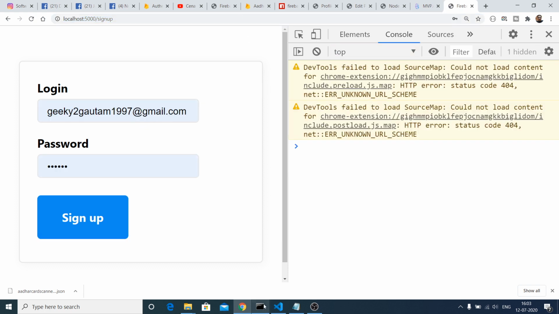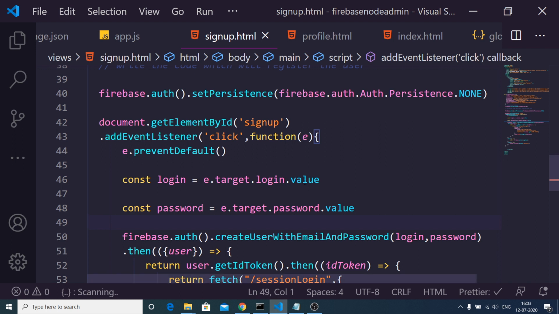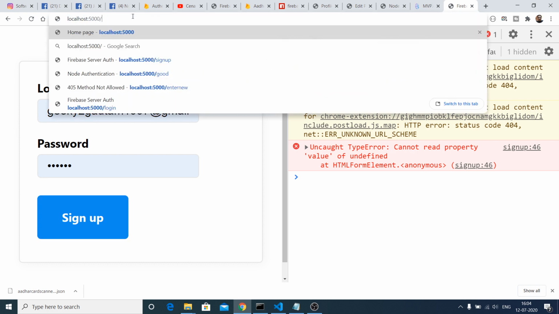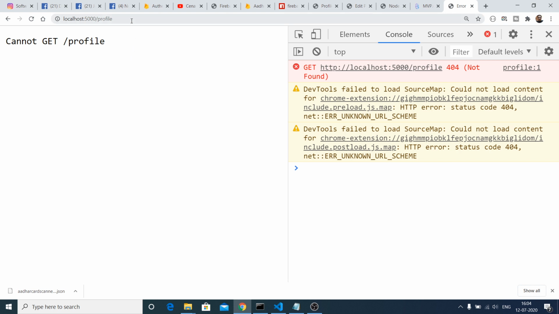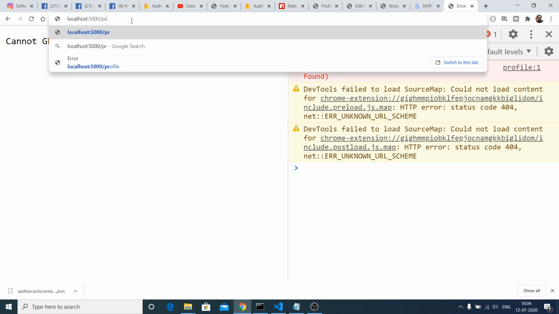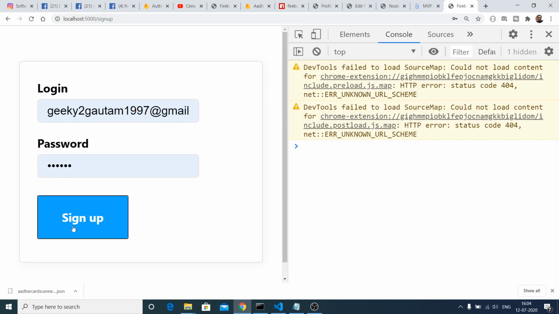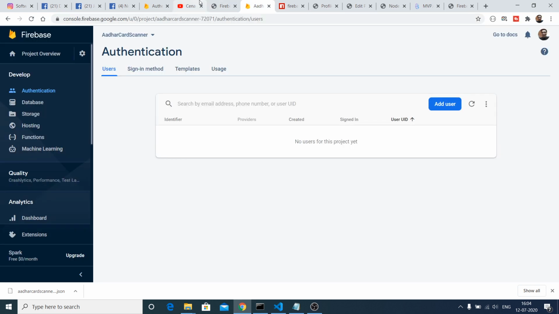So the application is restarted. If I click the sign up button, on the 46th line we are again having an error. If I go to the sign up page here, I can copy paste all the code, guys.